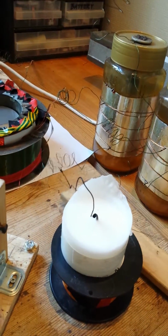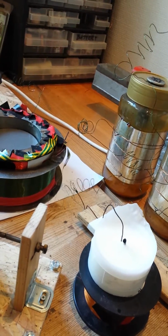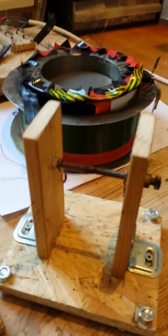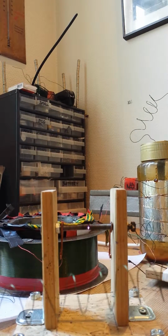Now I've attached the electrodes to some of these pins. So one of the capacitor electrodes goes to this guy, and the other goes to this guy. I can try this one first. So first I'm going to fire it up with nothing. Then there is this. It's not too much going on. It's a little bit moody too, but